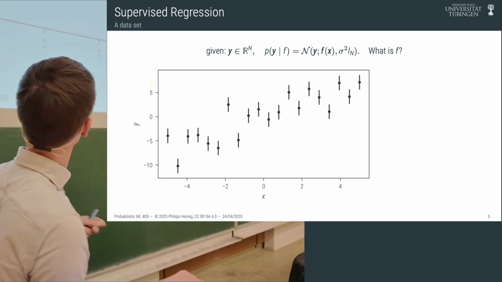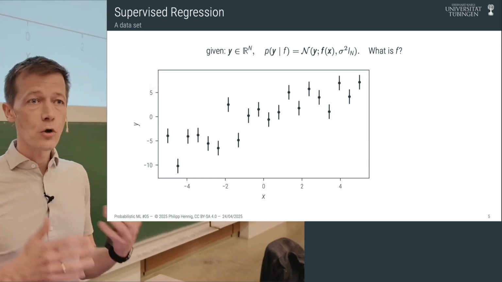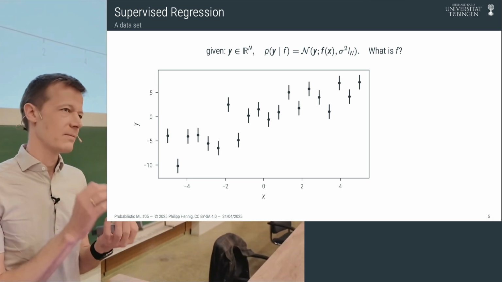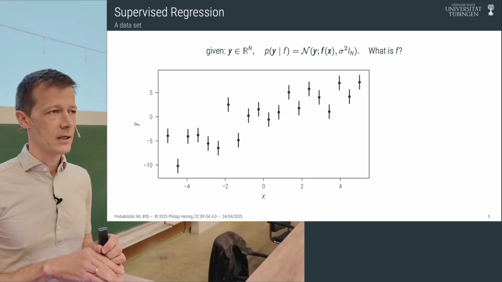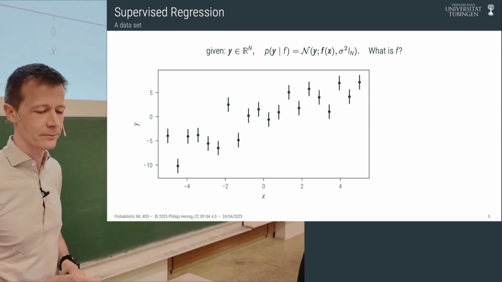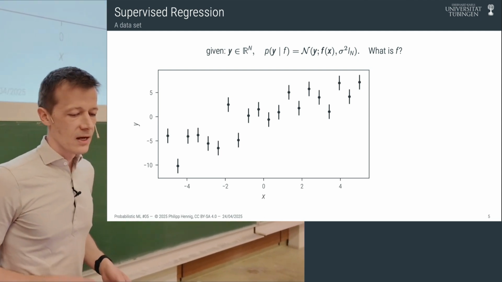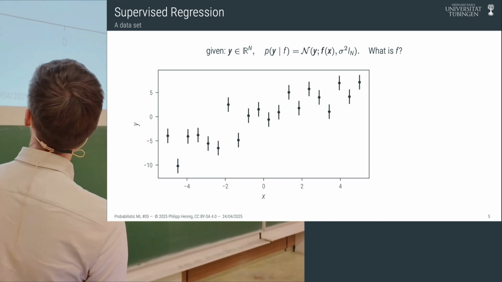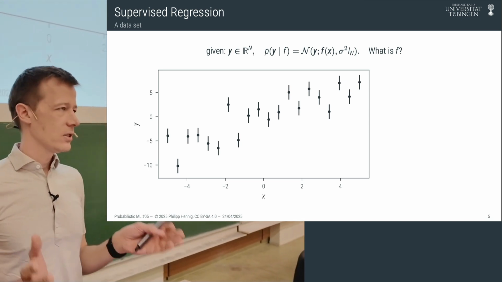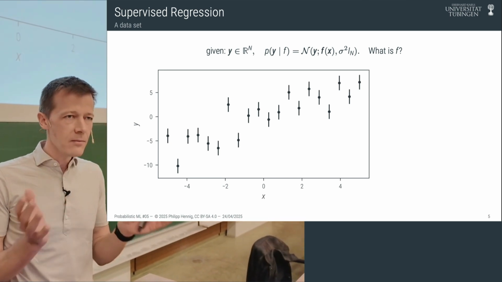And maybe if you're a good scientist, you've also recorded the fidelity with which you've collected this data. So there are some error bars that you can see, right? You kind of know, okay, I don't perfectly know what I've measured, with a little bit of measurement error. Right. So this is obviously a super banal setting, but it's actually the kind of setting that emerges in some